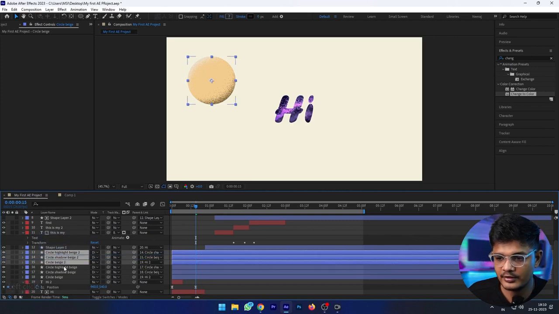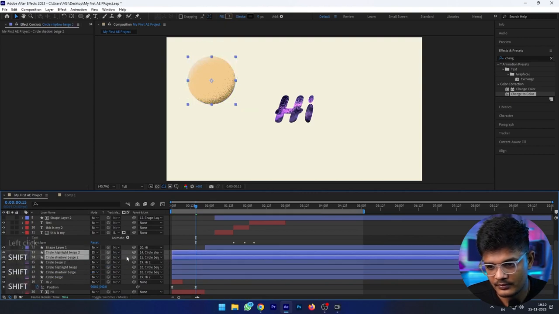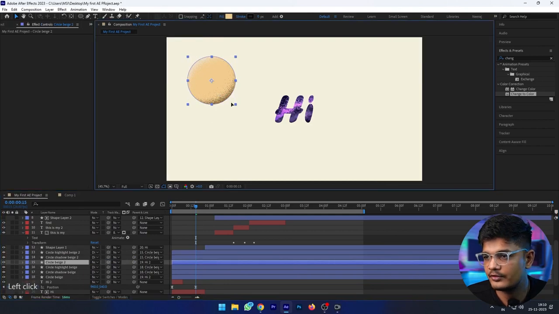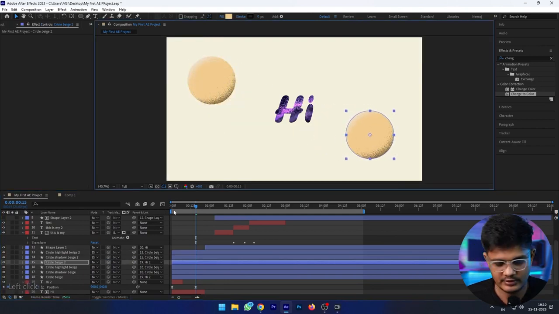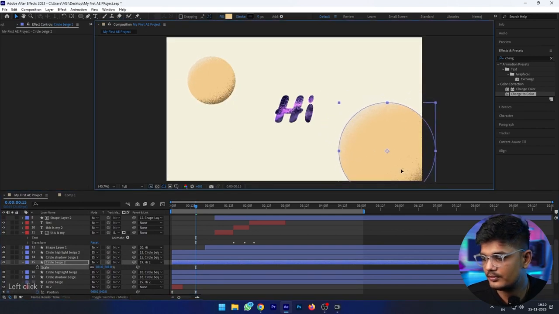place it over here. Okay. Now let's move this layer to here and increase its scale like this and place it like this.